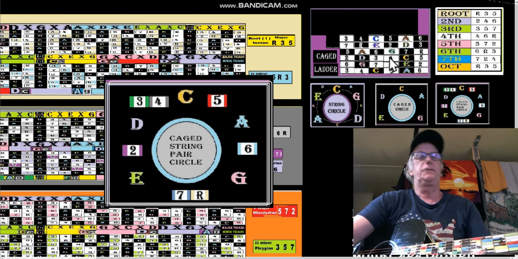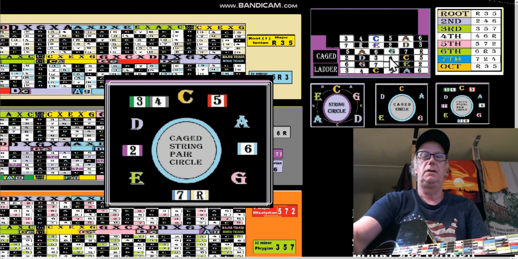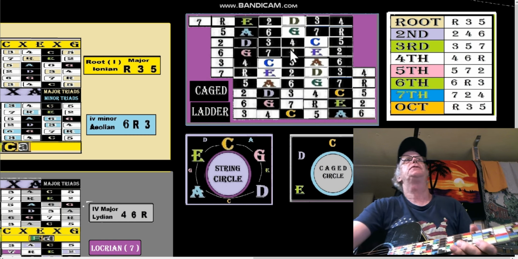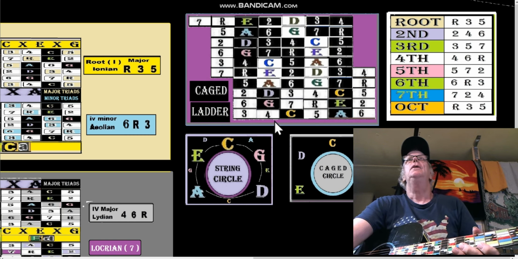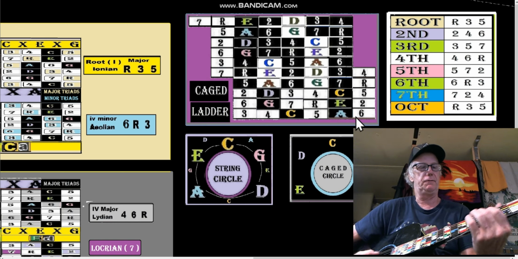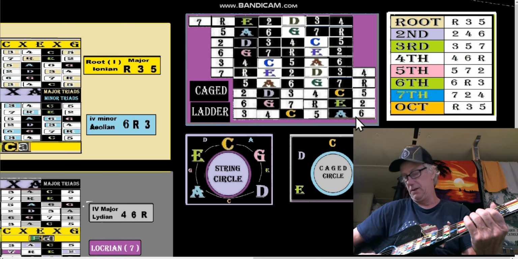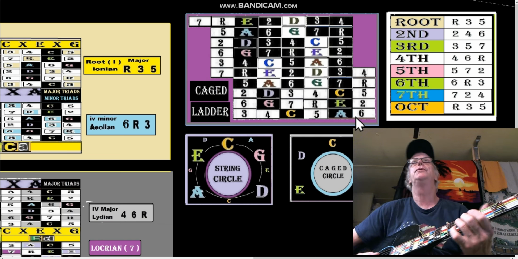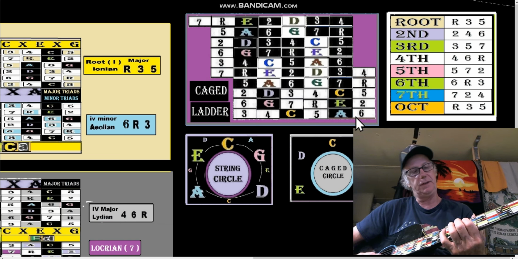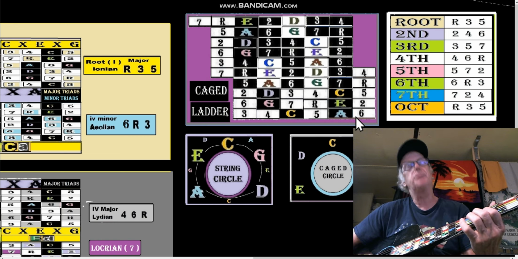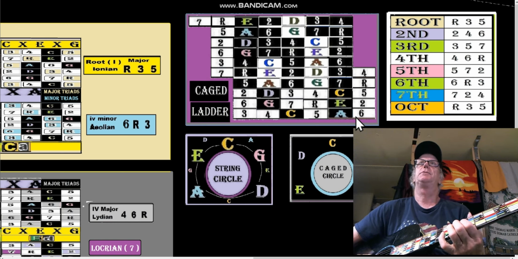Okay, let's look at this situation now. So we're going to look at 2 string shapes for each string. So we start 3, 4, 5, 6, and then we can start again on 6 here: 6, 7, root. The G shape then goes to the E shape. Okay, then the E shape goes to the D shape, and the D shape sharing the 3, 4 goes to